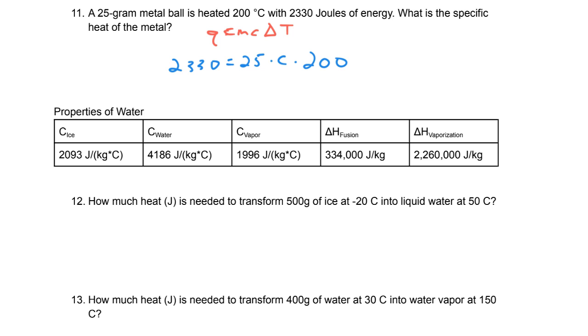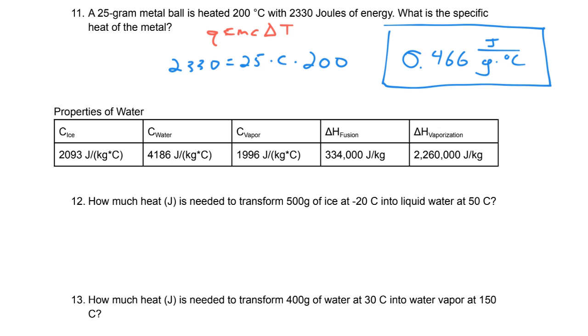And I get a specific heat of 0.466, and the units on that is joules per gram per degree Celsius. We had to do per gram because our mass was given in grams, not per kilogram. All right. Number 12, we have to